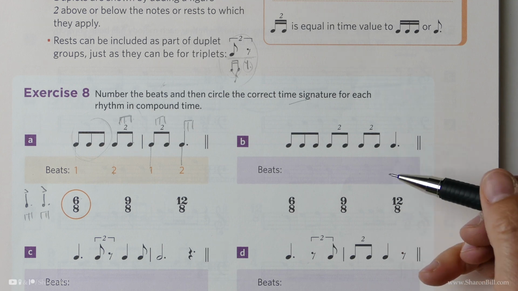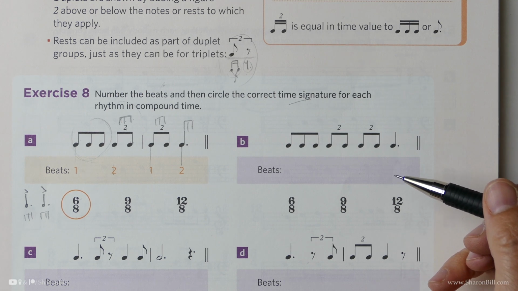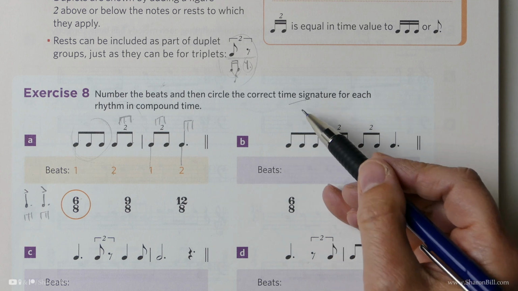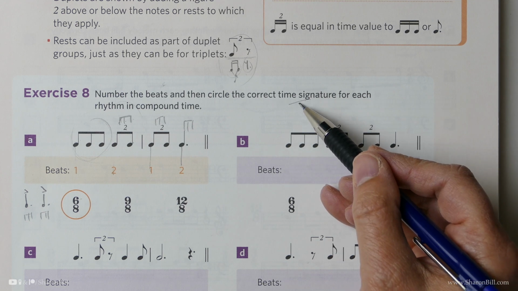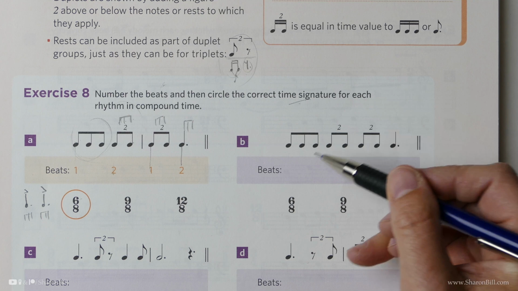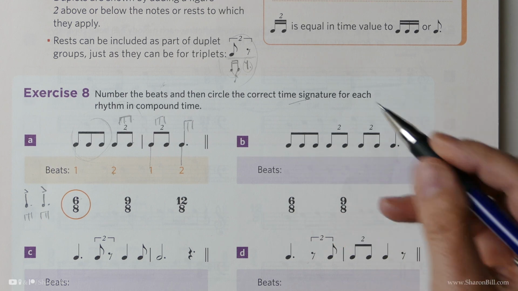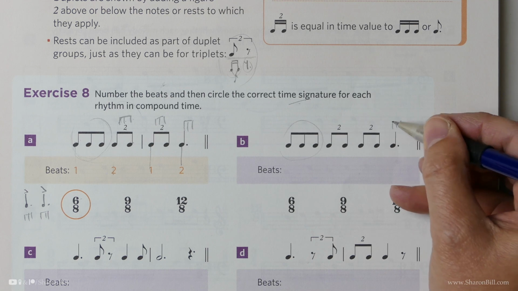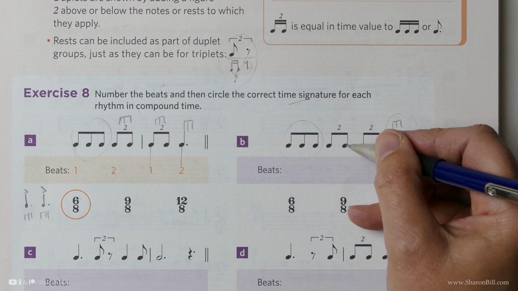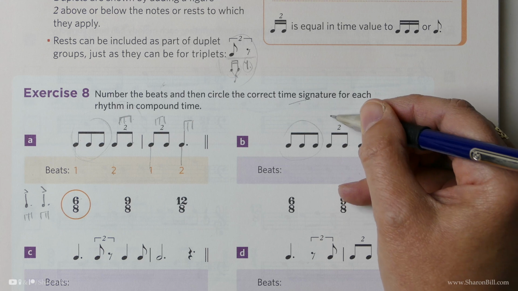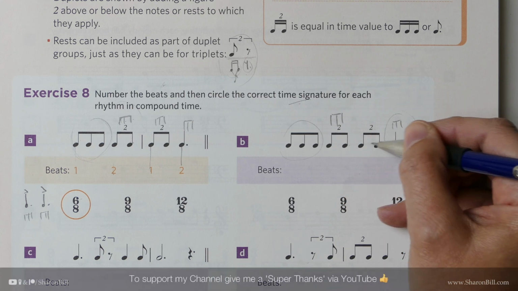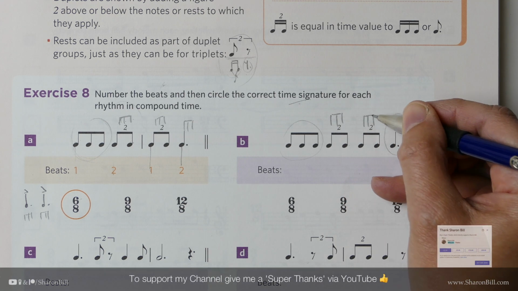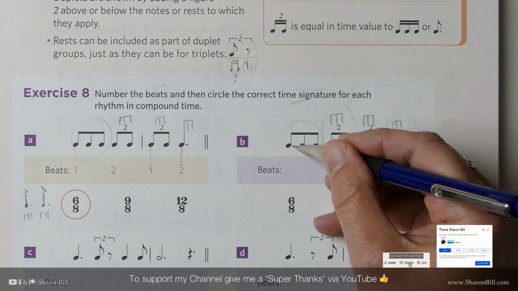So I'm hoping that you've had a go of this. Let's look at this together now. So I suggest we find the time signature first, because then we'll easily be able to show the number of beats. Well, we can see that we've got a group of 3 here, we've got a group of 3 here. This is 2 quaver beats in the time of 3 quaver beats, 2 quaver beats in the time of 3 quaver beats. So we've got 1, 2, 3,